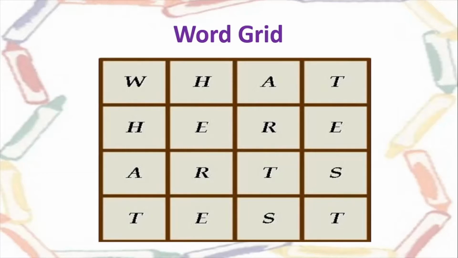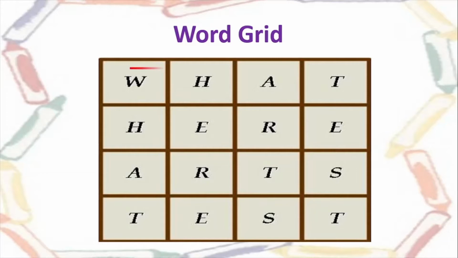A simple grid which you will learn in mathematics, when you add letters to it and make sense of those letters and join them, then it becomes a word grid. Let's take a look at how many words are written in this particular grid. So you have the letters W, H, A, T, H, E, R, E and so many other letters written in the grid. Now let us try to join these letters of the alphabet in the grid and try to make words.